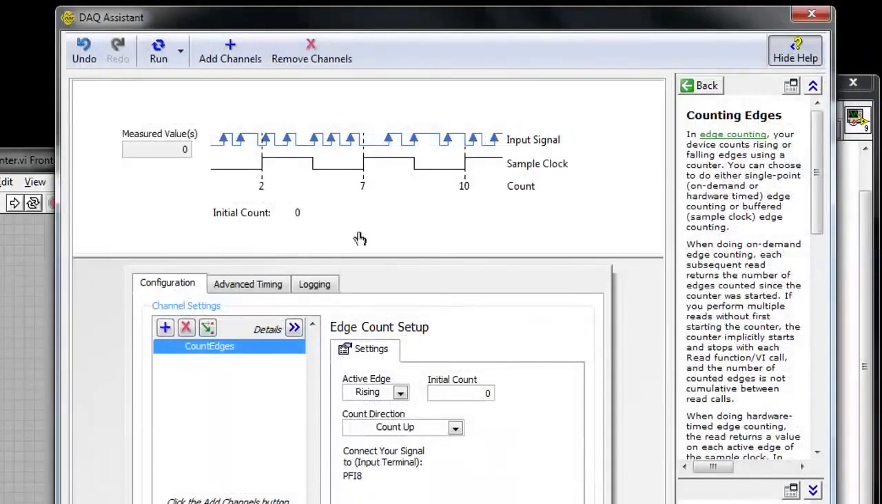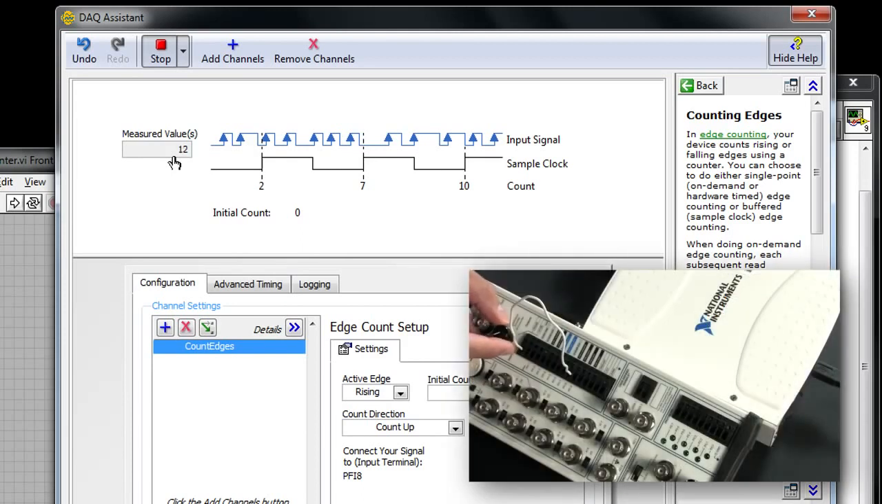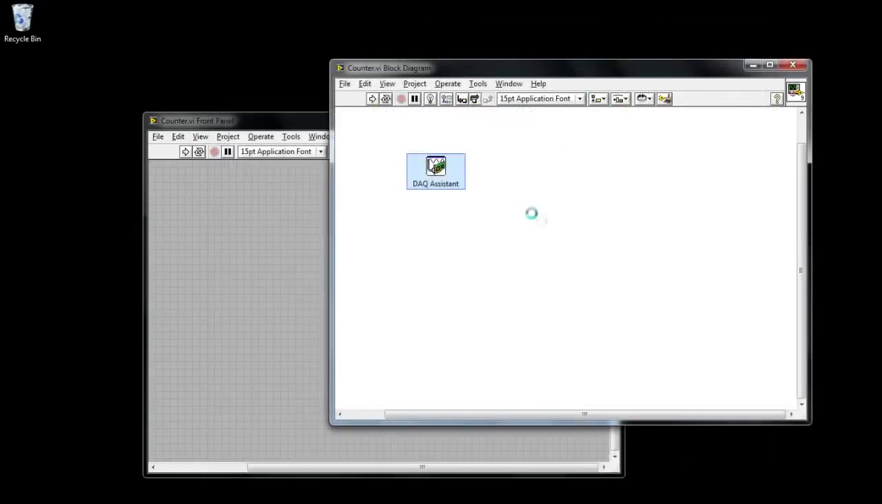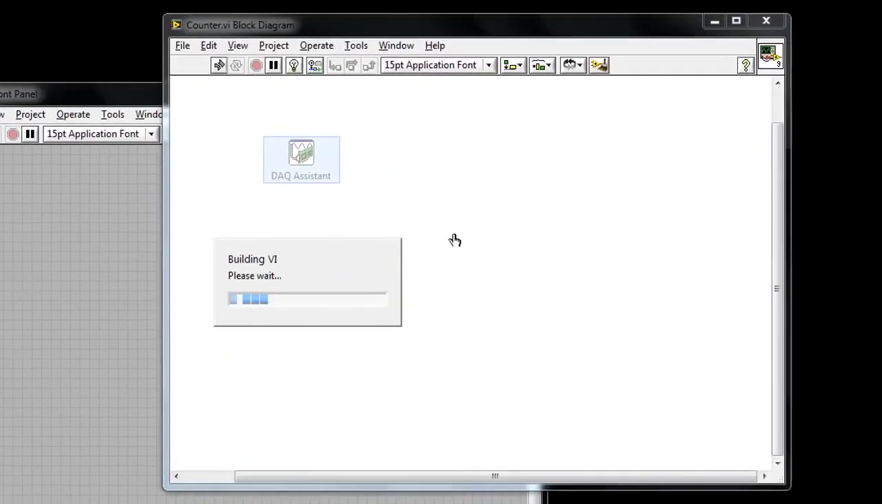If I look at this DAQ assistant here, I can actually configure my counter, and I can even test the connections by hitting run up here. And now if you watch in software, in this measured value square, I can generate pulses and actually see those rising here. So I know my connections are correct, and I know that I'm ready to go with my data acquisition task. I'm going to click OK,